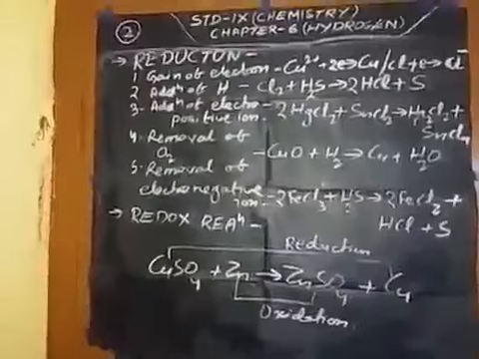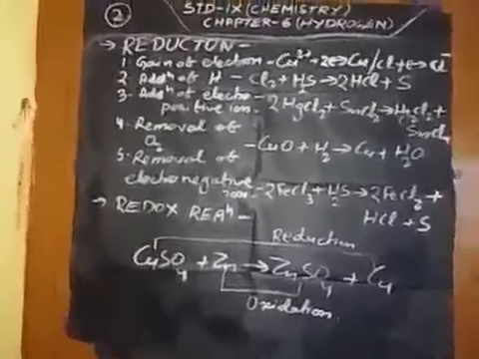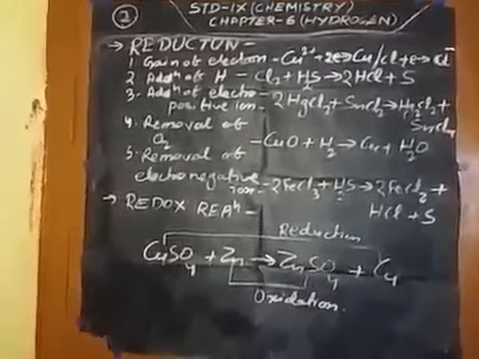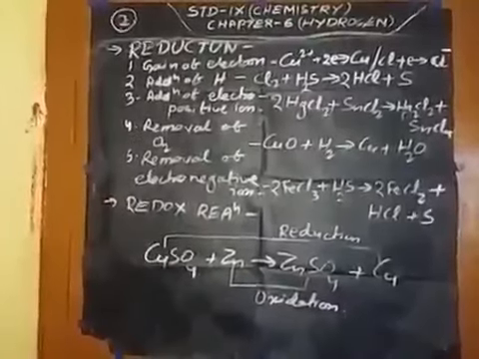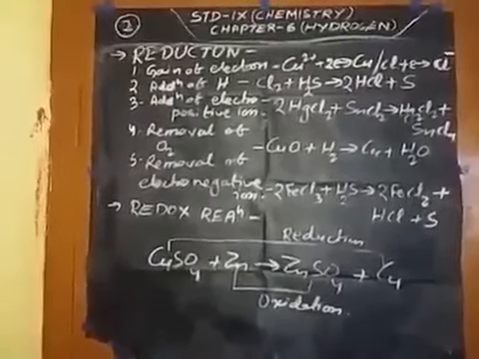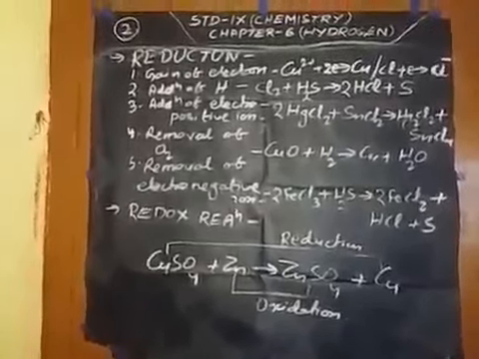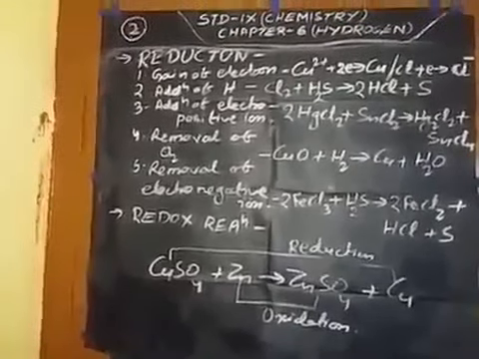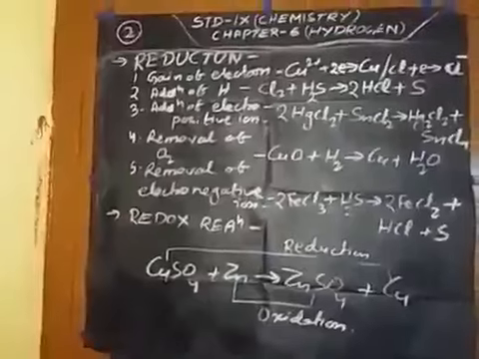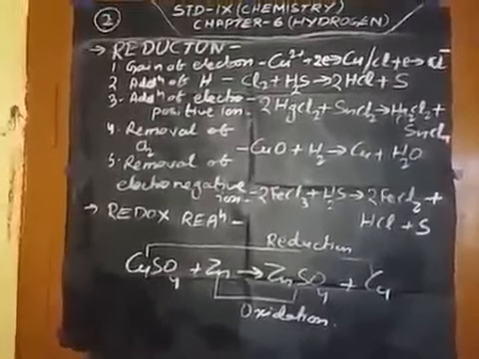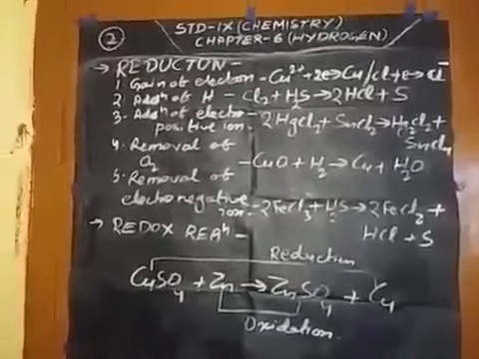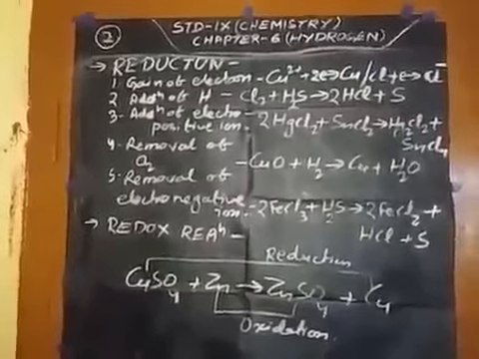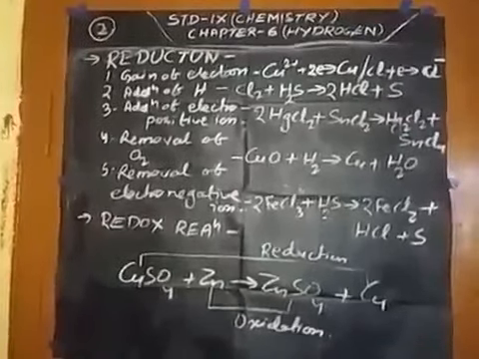Then in a reduction reaction there is also some reducing agent. A reducing agent is one that reduces other substance either by providing electrons or by providing hydrogen or an electropositive ion or by removing oxygen or an electronegative ion. In this example, hydrogen sulfide, ammonia, stannous chloride, hydrogen and carbon are reducing agents. In your book, page number 110, some examples of reducing agents in solid, liquid and gases. So if you compare any oxidizing agent and a reducing agent, in the liquid case hydrogen peroxide is common for both cases. See and remember it.